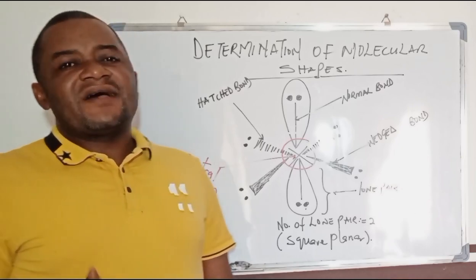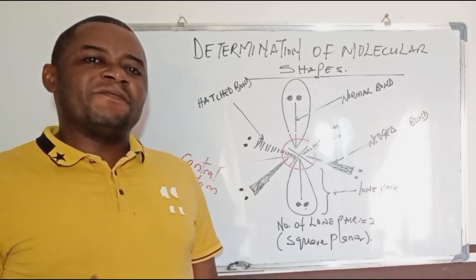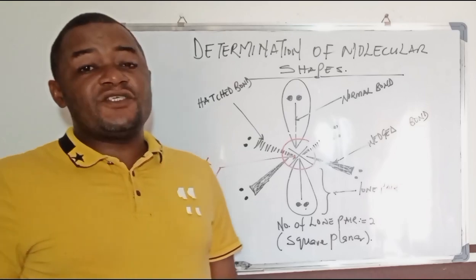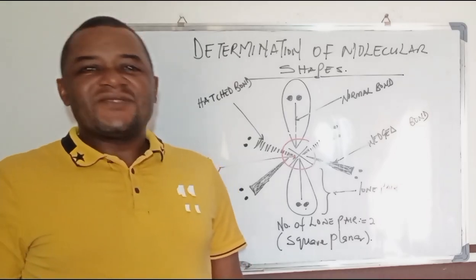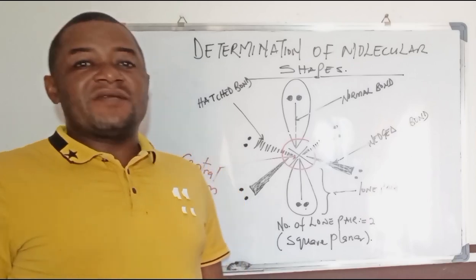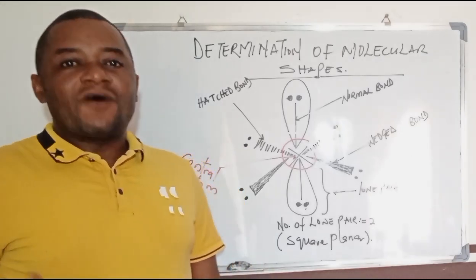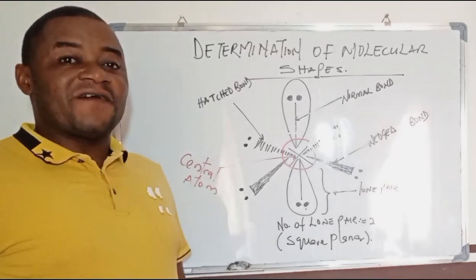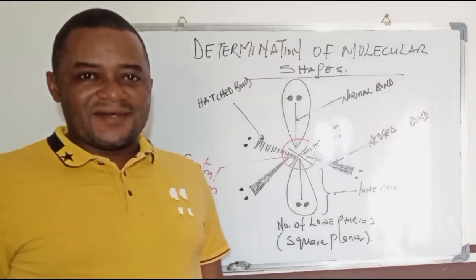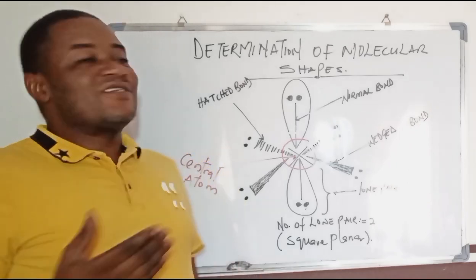Some of these shapes are classified as being linear. Some of them are classified as being tetrahedral. Some of them are bent. Some of them are seesaw shapes. Some of them are even trigonal bipyramidal. Some of them are trigonal pyramidal, and different types of shapes are always identified with different types of molecules. Now, the essence of this class is to see how we can determine the shapes of